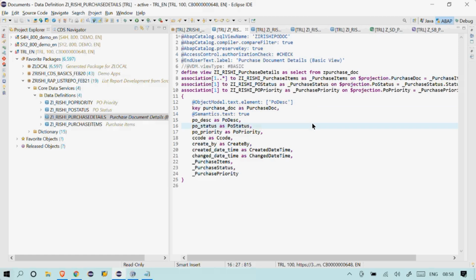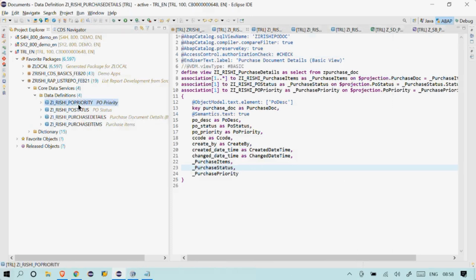You can learn that way. For example, if it is only related to ABAP, there is an annotation which is ABAP catalog. This is something we can directly understand. If it is related to access control, there is some annotation related to access control.